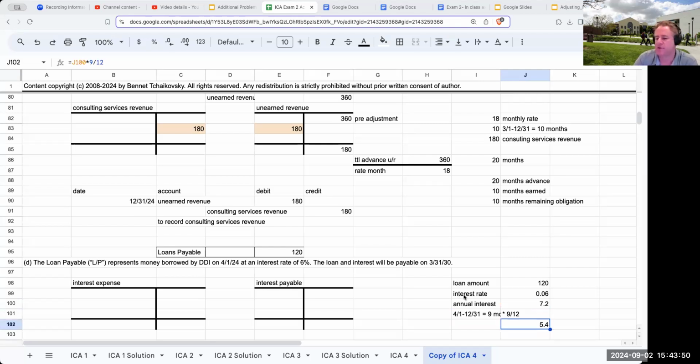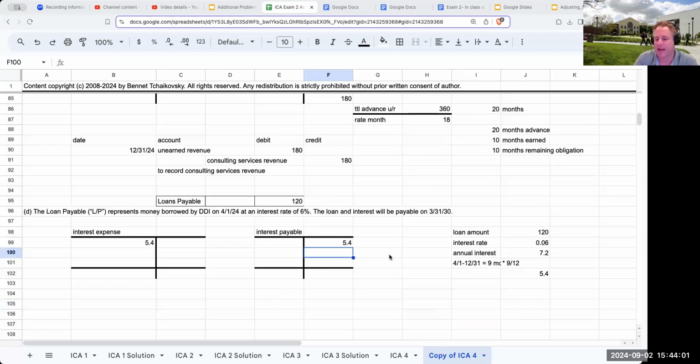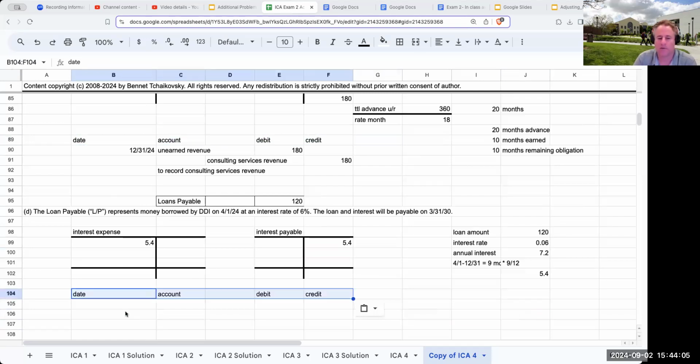This is going to be 5,400. Okay, so how do I record an expense? If I've used money, I'm going to record that expense with a debit. I'm going to record that liability with a credit. So coming over here to do a journal entry,